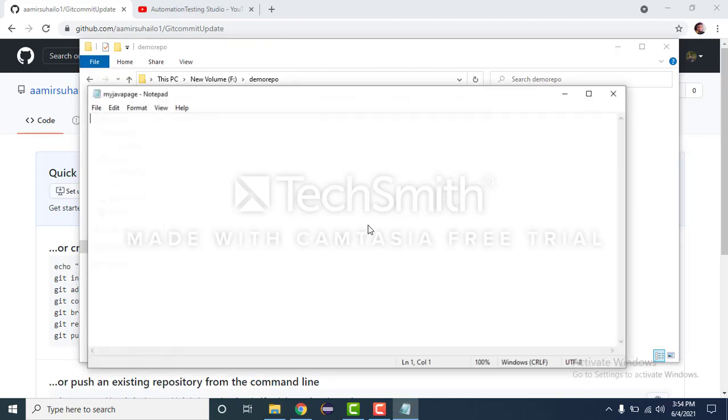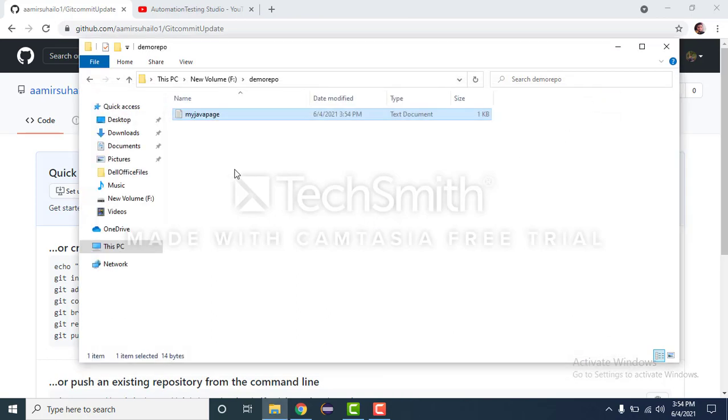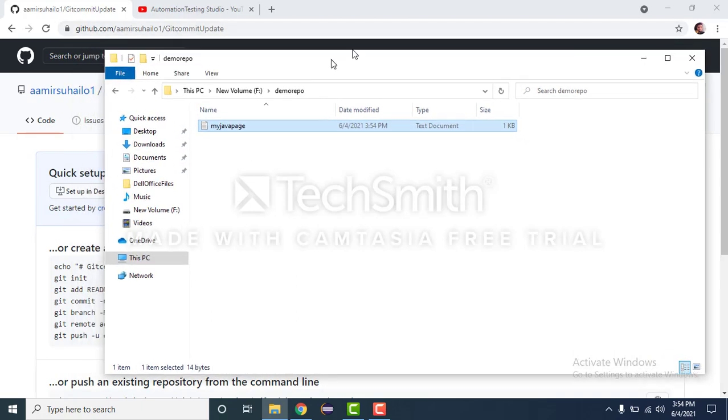I'll write something here: Hey, what's up? I'll save this. Once it is saved, we will commit this to the remote repository that we have created in GitHub.